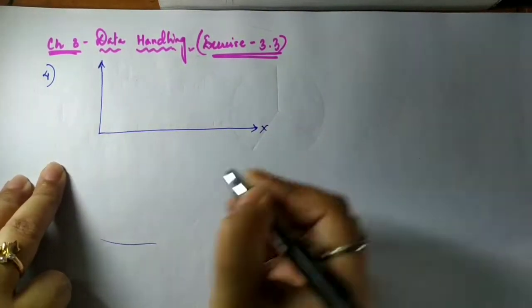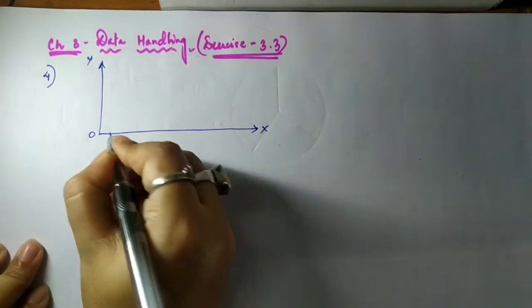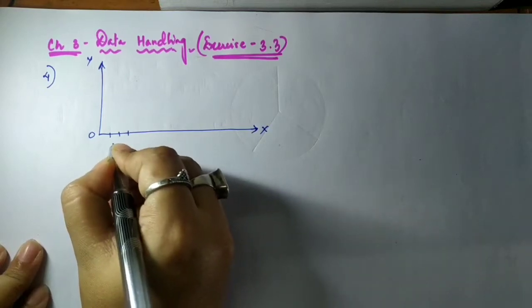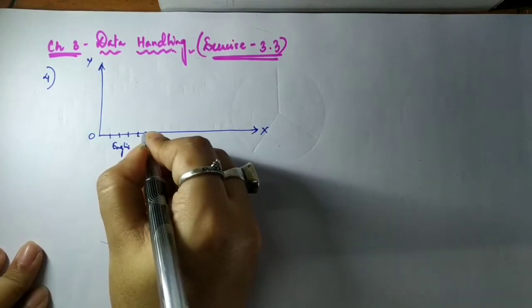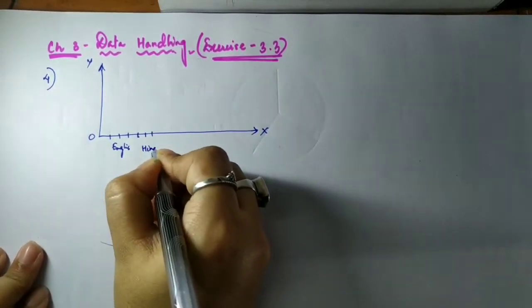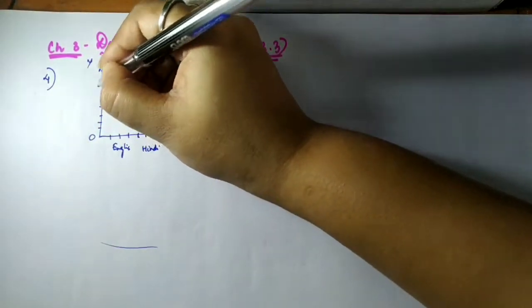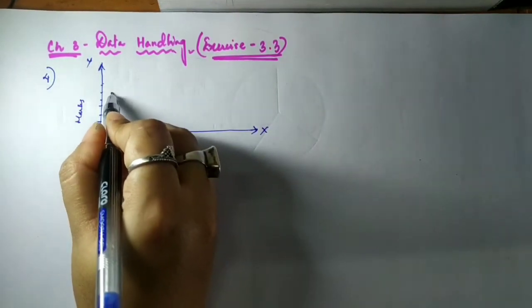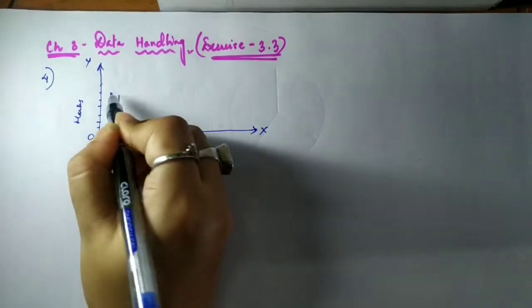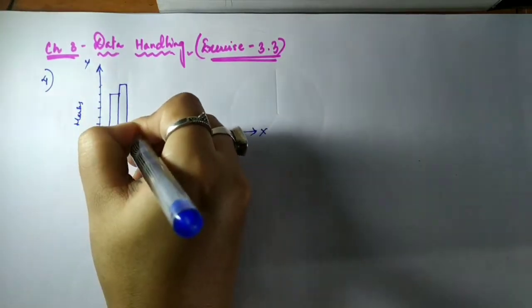So please see here, suppose this is my x-axis, this is my y-axis, this is my origin. Here I will take the marks. Suppose I leave gaps like this. Suppose this is for the first subject, say English. Next I'll leave one gap and then I'll take Hindi. You might be wondering why I'm taking two areas for each, because one will depict the marks for term 1 and another for term 2. On the y-axis I will take the marks of this exam. Suppose the mark of English for term 1 is 67 and for term 2 it's 70, so it might look something like this.